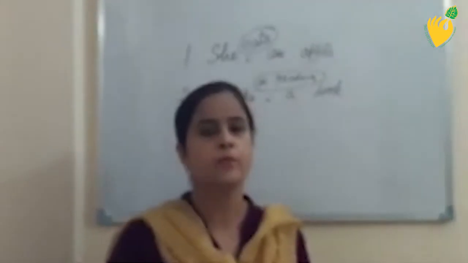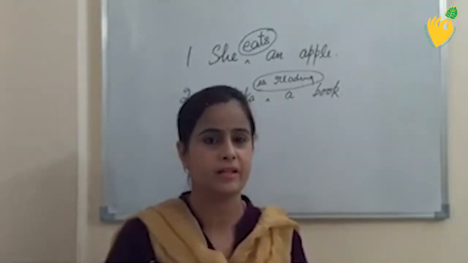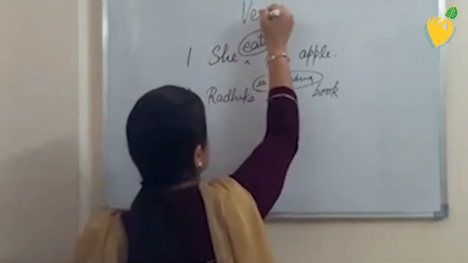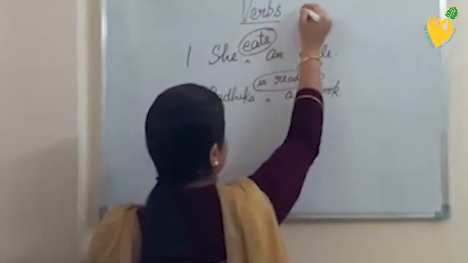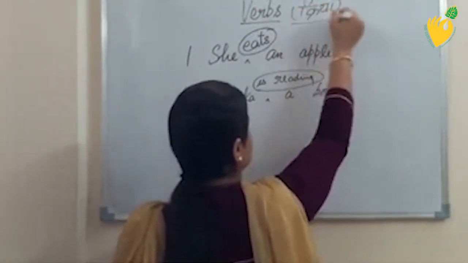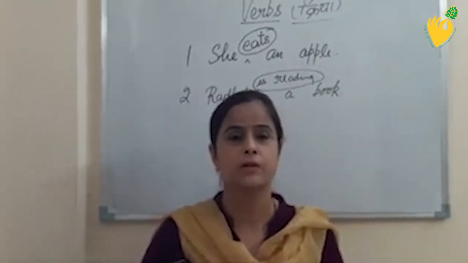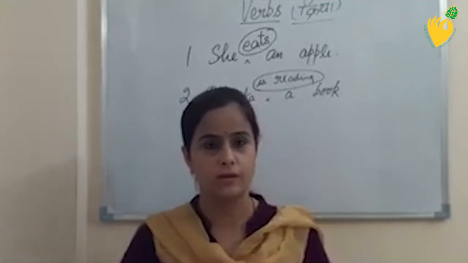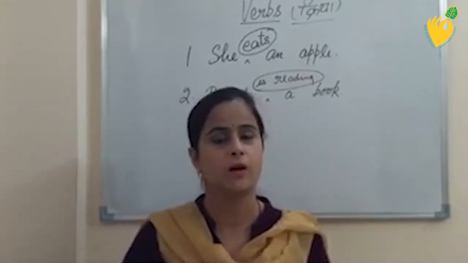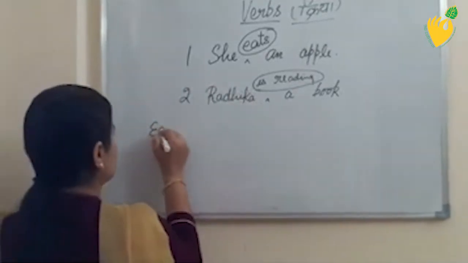So today I am going to teach you one very important topic of English language, that is verbs. And in Hindi it is kriya. So students, what is the definition of verb? A verb is a doing word which indicates possession, state of being or action. Examples: